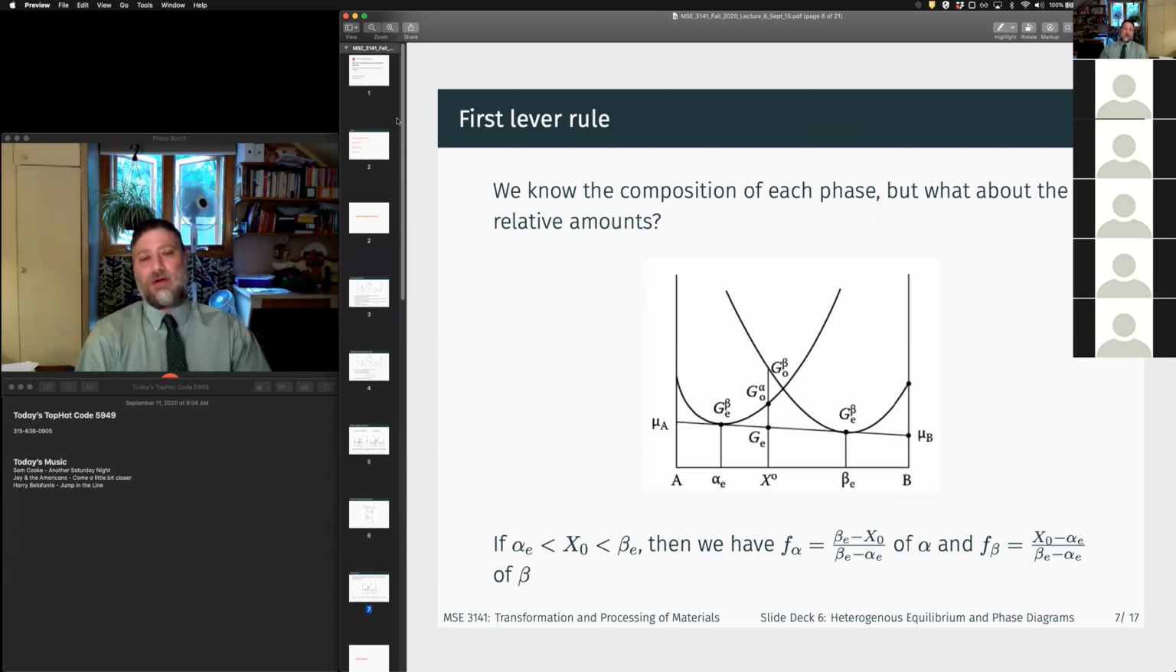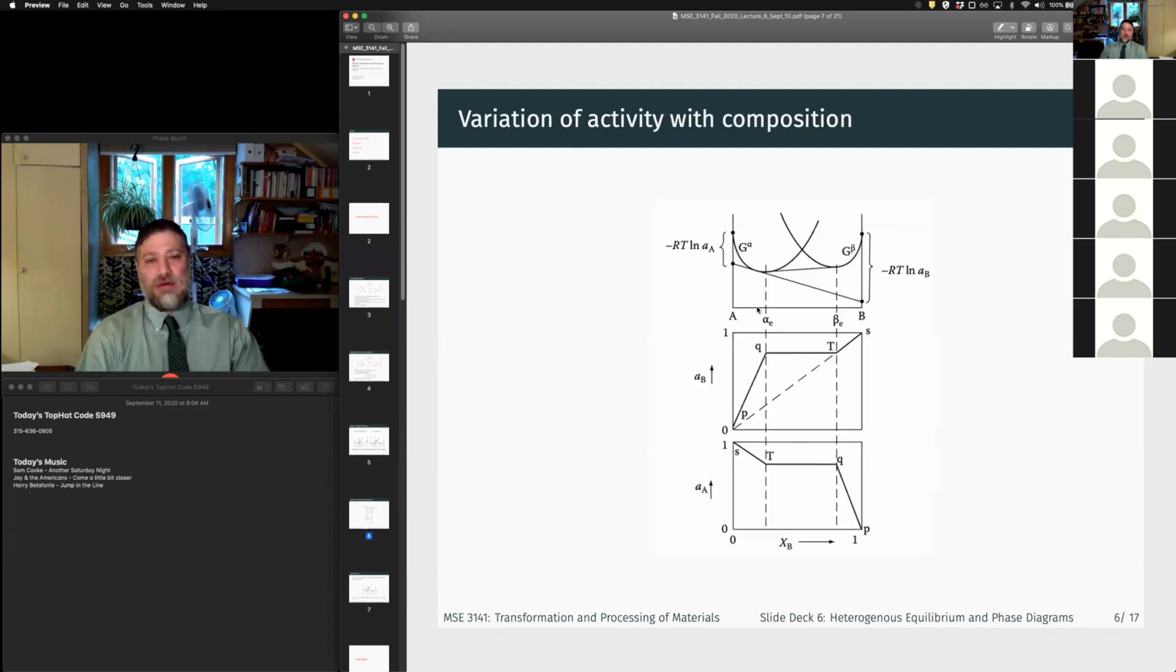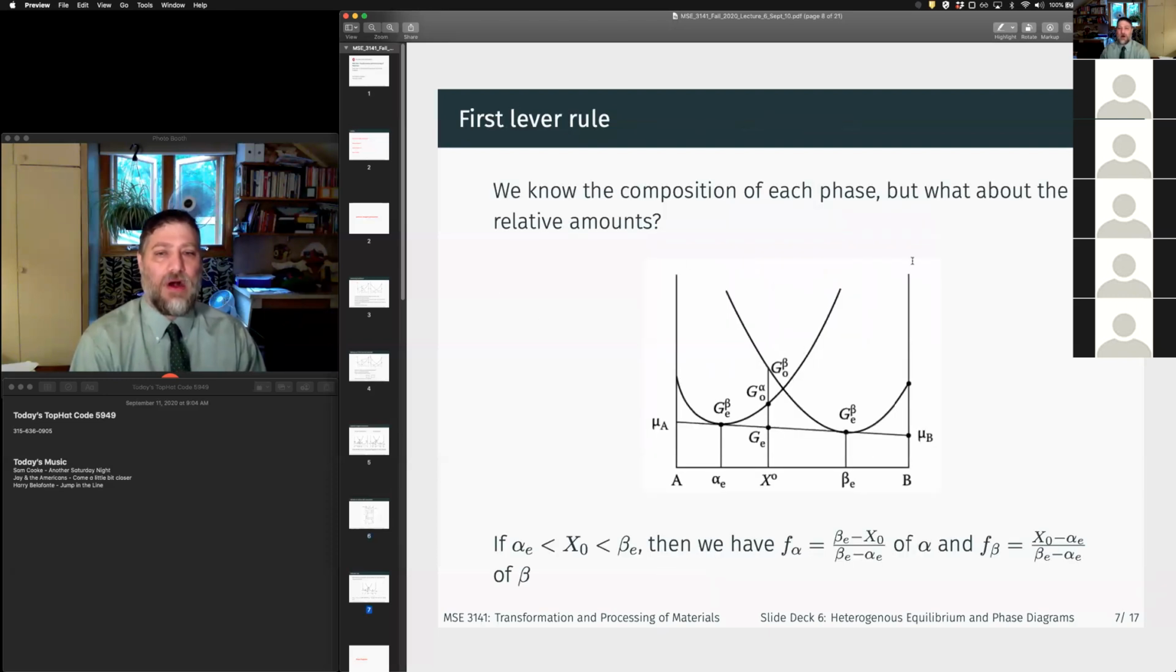Okay. So why does that eventually fail? It eventually fails once you reach 100% of alpha and 100% of beta, right? It's just only in the two-phase region. Right? Okay, so now, the common tangent construction gives us the composition of the two phases, but what about the